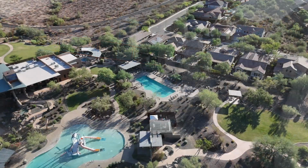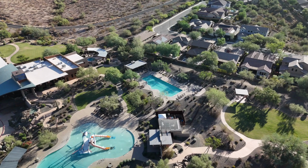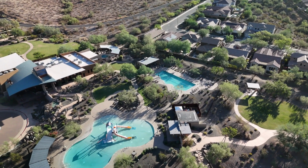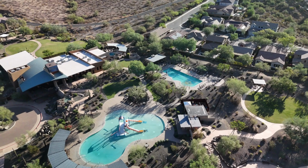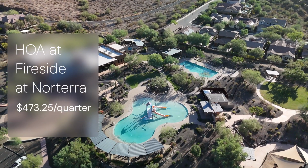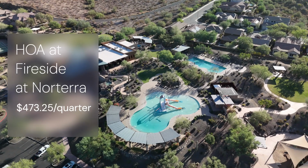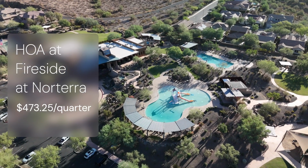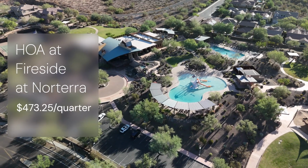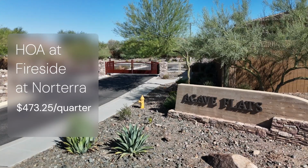Well, you're probably wondering, all right, Kelley, how much is the homeowners association for me to have this gorgeous community and all these wonderful benefits of these amenities? Well, it's $473.25 per quarter. But do note that if you are in one of the gated enclaves, they typically have an